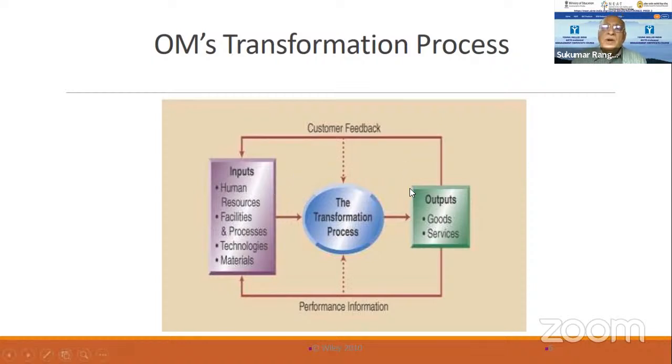Now, the improvement: there is a constant feedback from the output to the input, which is used to improve the transformation process to give a better output, and a control system for monitoring the transformation process to improve the quality of the output. So there are two feedbacks: one an external feedback from the customer, and then an internal feedback which is in the form of information or MIS, or whatever you call it.